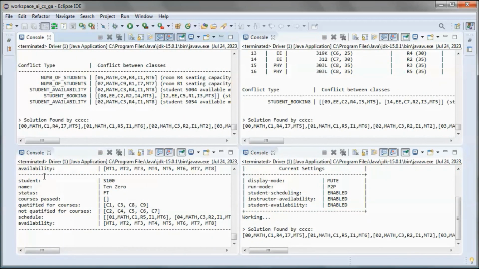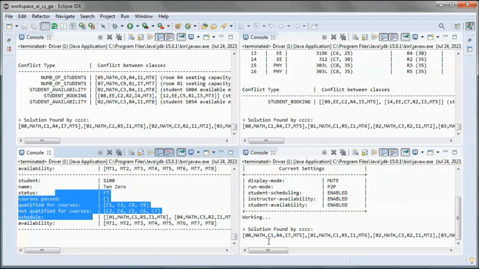And this one found the solution, and communicated it to everybody.